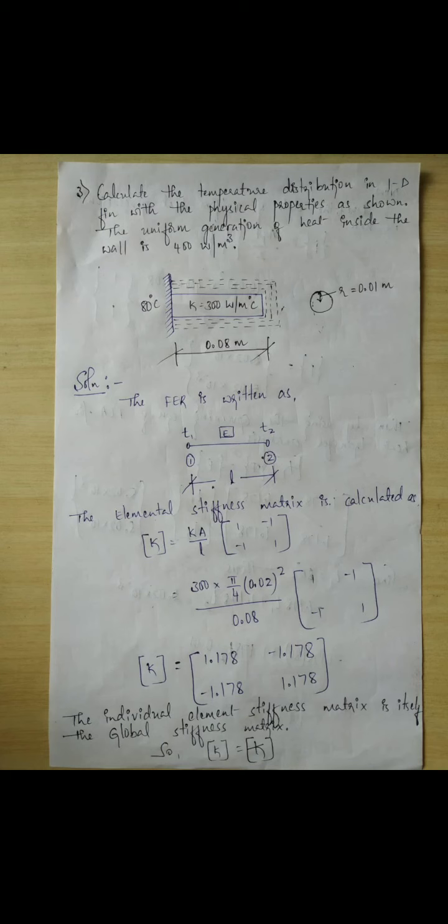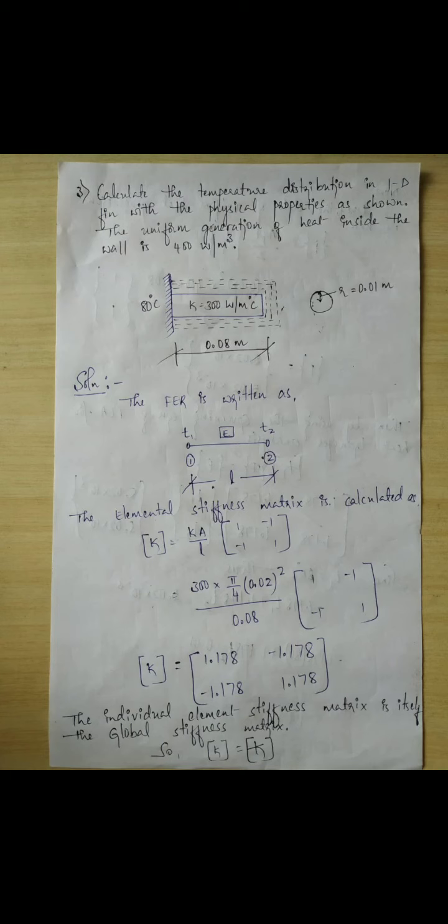That is, the first step of solution to this particular problem is writing down the FER. The FER is written as you can see, there will not be any specific mentioning of treat it as 2 elements, treat it as 3 elements like that. Thus, there is only 1 element present in this structural member, and as we know very clearly from the previous modules, to form 1 element we need only 2 nodes. So there are 2 nodes in this structural member, one at the left end and one at the right end. Both are represented by the numbers 1 and 2 respectively.